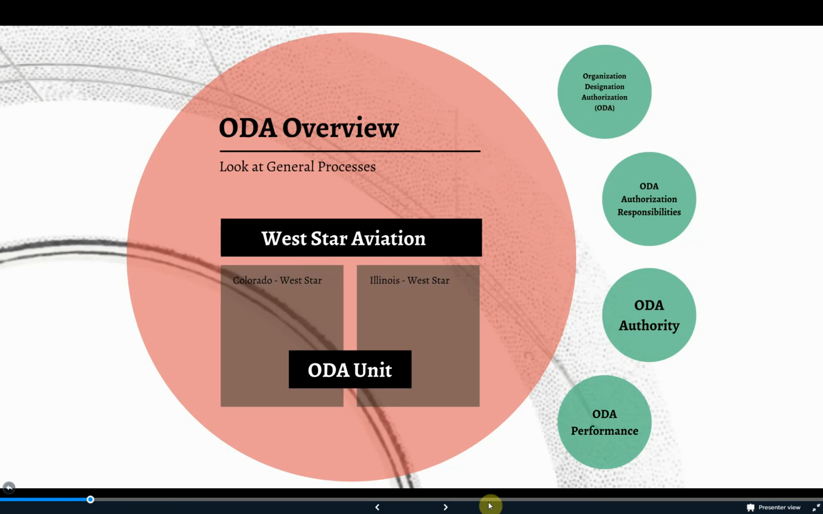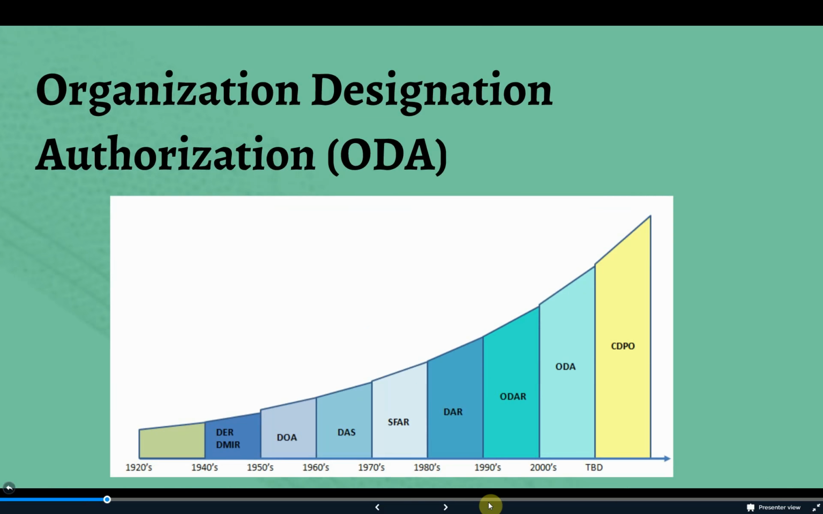First, let's start with reviewing what an ODA, or Organization Designation Authorization, really is. It was rolled out by the FAA in the 2005-2006 timeframe as a new delegation to organizations rather than individuals. In all honesty, though, it was just an evolution of the delegations that have been put in place over the